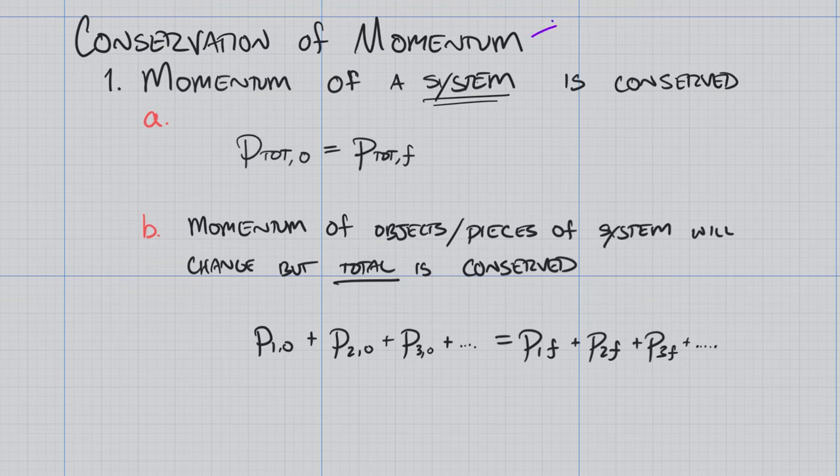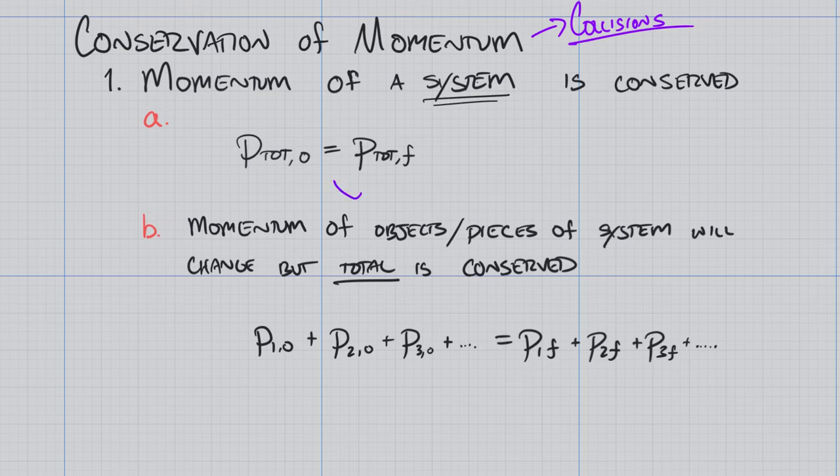The conservation of momentum is a concept that we're often going to deal with when we're talking about collisions. When two objects run into one another, momentum is typically the physics concept that helps us understand the resulting motion. So conservation of momentum, just like energy, means the momentum of a system must be conserved. We underline system because the individual pieces of a system don't have to conserve momentum, but the entire system itself must. That means the total initial momentum has to equal the total final momentum.